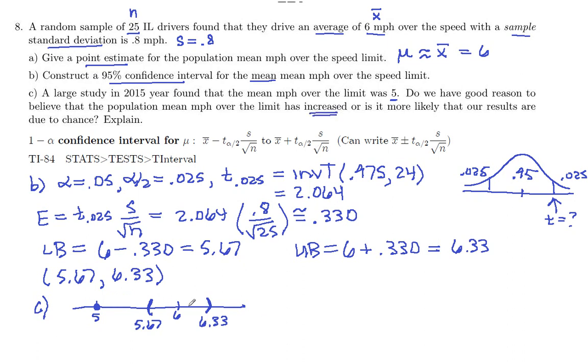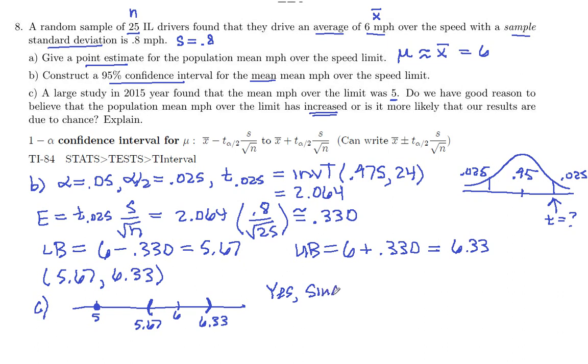Well, for 95% of the samples of size 25, the true population mean should be in here. 5 is not in there. In fact, the whole interval is higher than 5. So that's pretty good confirmation that, yeah, our mean has increased to something over 5. In fact, the point estimate is 6. So has it increased? Yes,